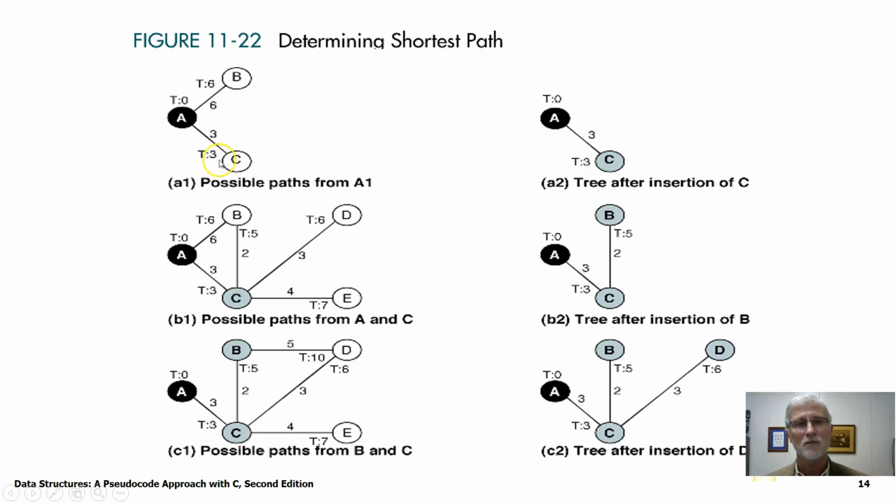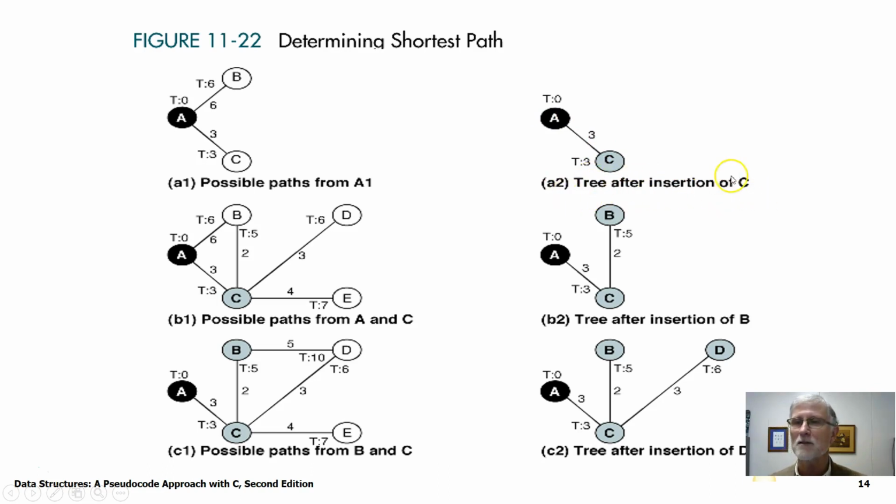Total cost, that's what that T is. The total cost to get from here to here is 3. The total cost to get from A to B is 6. So far, so good. Now when I've got those costs, I'm going to choose that one, but I'm going to